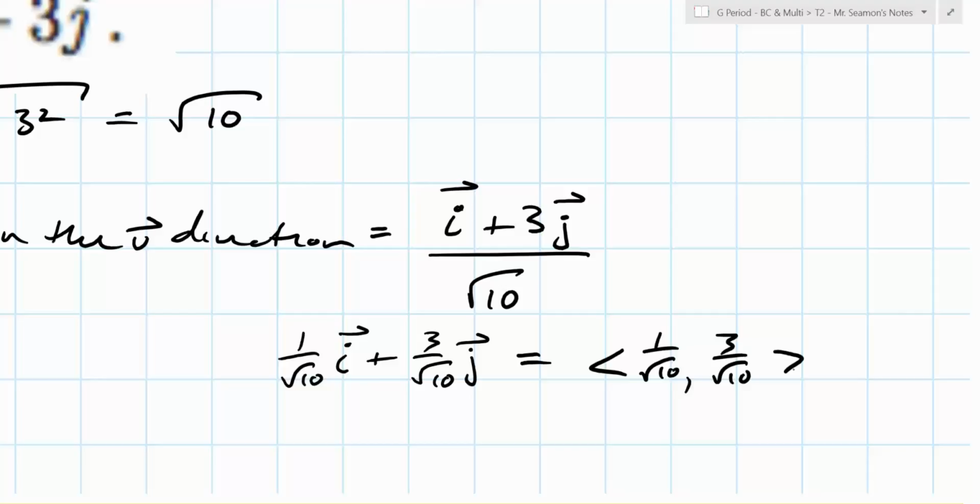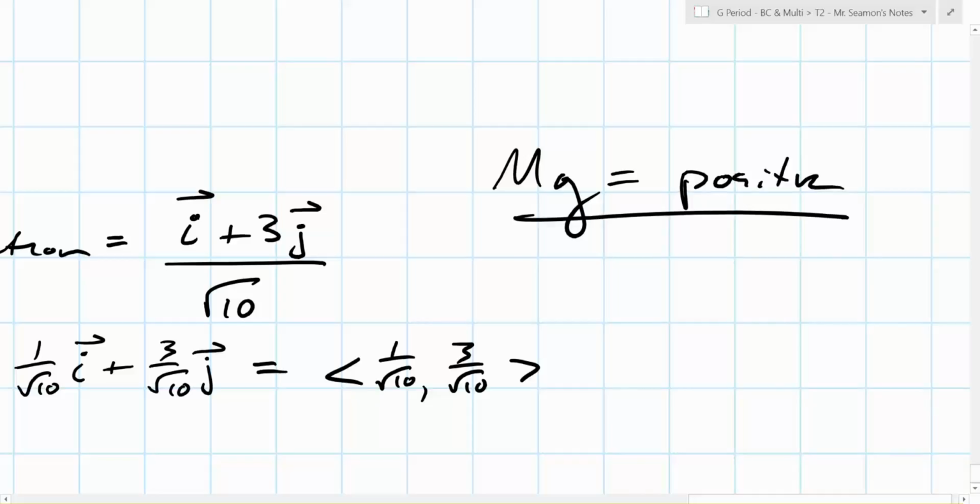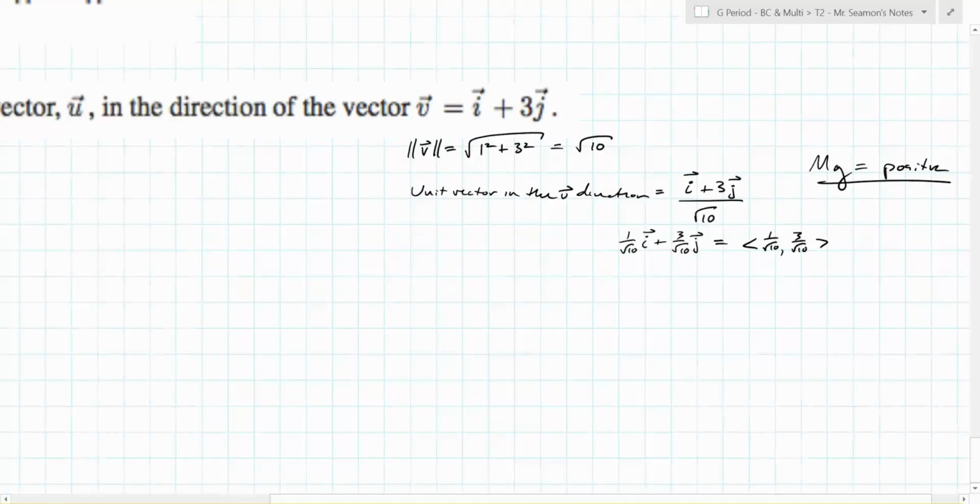Did we change the direction? No. When you multiply or divide by a scalar, can you change the direction? No, unless it's negative, then it flips it around. So it's still going to be a unit vector. And also, because we're dividing by a magnitude, the magnitude is always positive, because speed is always positive. Yay. Nice. We're not going back in time yet. Okay, so I put something